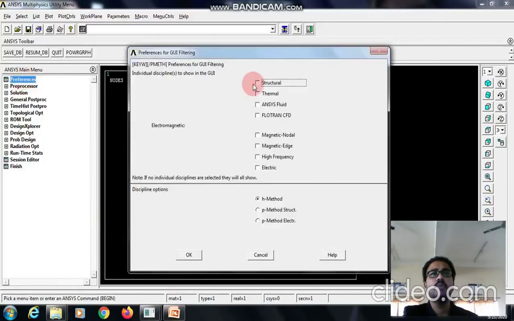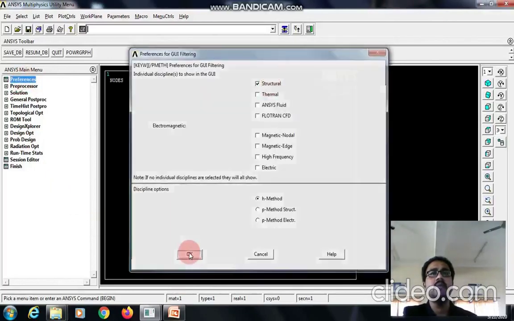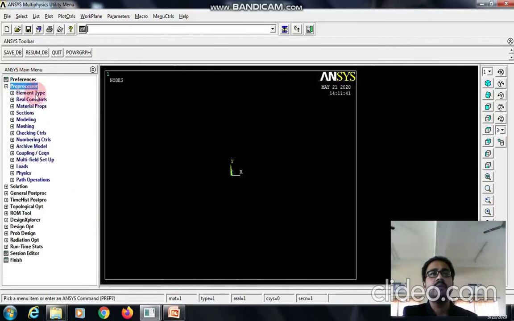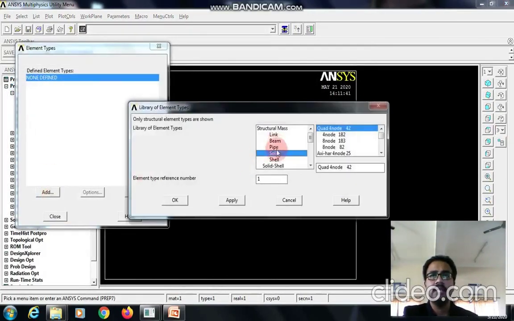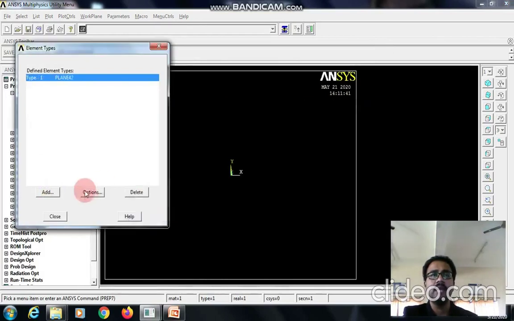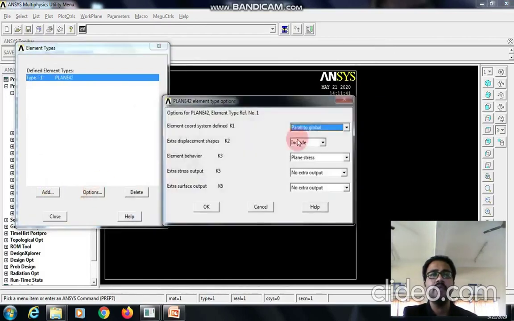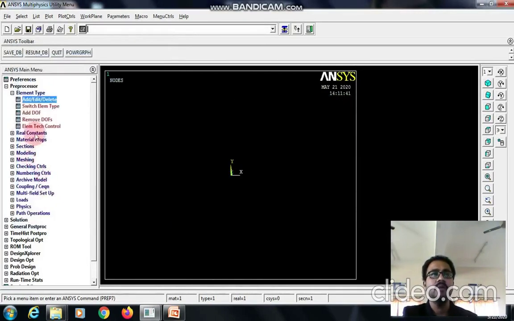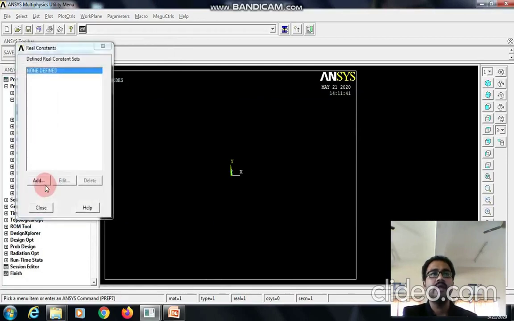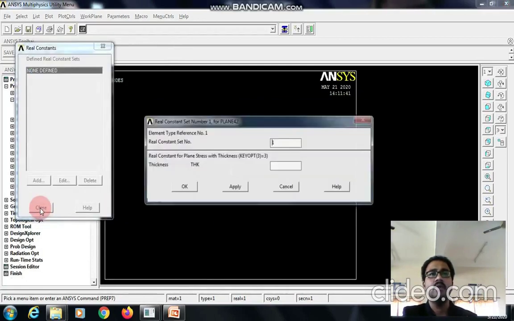Go to preferences, select structural, OK, preprocessor, element type, add, edit, delete, add, select solid as the element type. Since it is a plane stress problem, we need to define the element behavior as plane stress with thickness. Close, then real constant, add, OK.